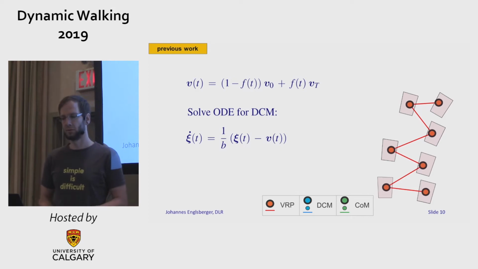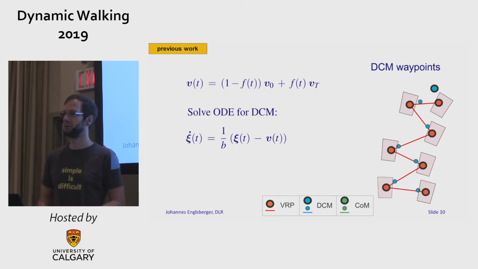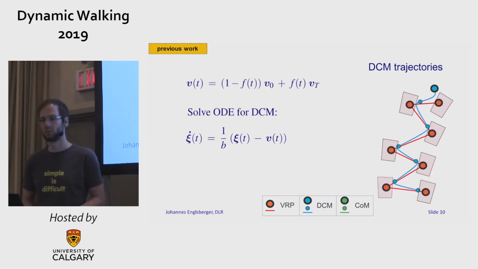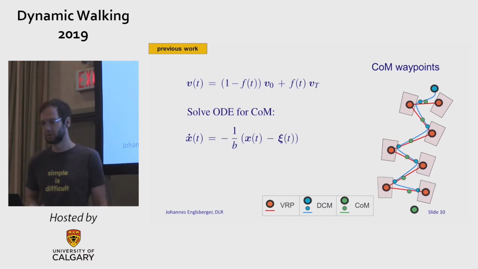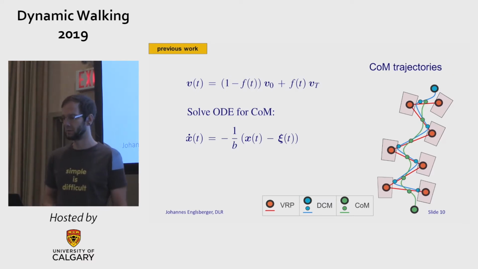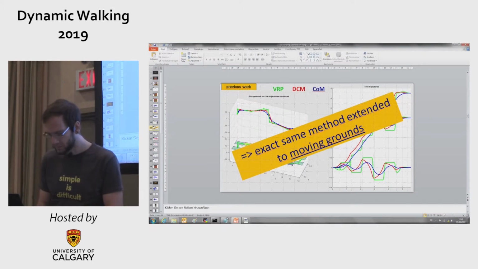Then you solve the ODE for the DCM and use a DCM terminal constraint. Then you can compute DCM waypoints. We will see later that this is done in matrix-vector form, so super efficient. You can also compute the corresponding continuous trajectories. Same for the center of mass: you start with a center of mass initial constraint, compute center of mass waypoints, and continuous trajectories. So this is an overview of these trajectories. I will switch to MATLAB,